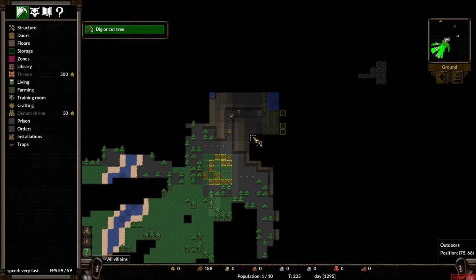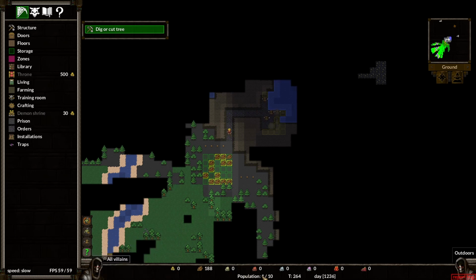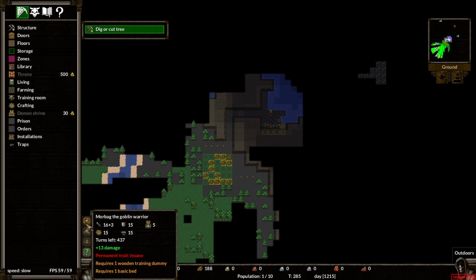Okay, so we can see that there is some water up here. Ah, and you may have seen it down on the bottom left, these are different units that we can recruit to our party. On the bottom, we see that we have a population of 1 out of 10. That 1 is actually us. The first 4 imps are free. In order to get a goblin warrior, we're going to need a training dummy and a basic bed. In order to get this one, we're going to need...